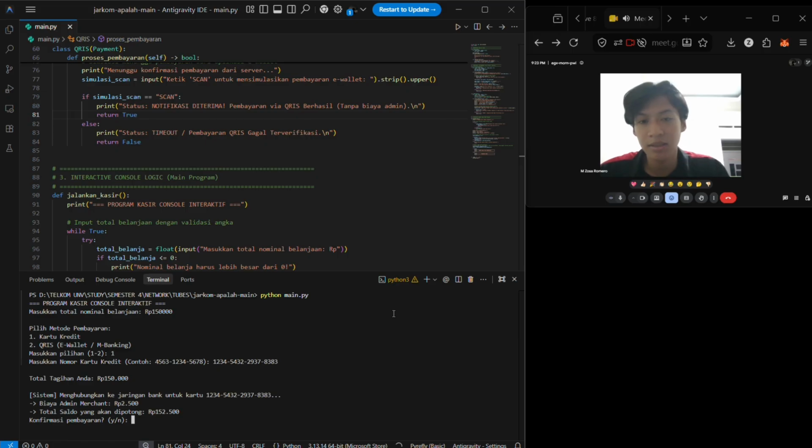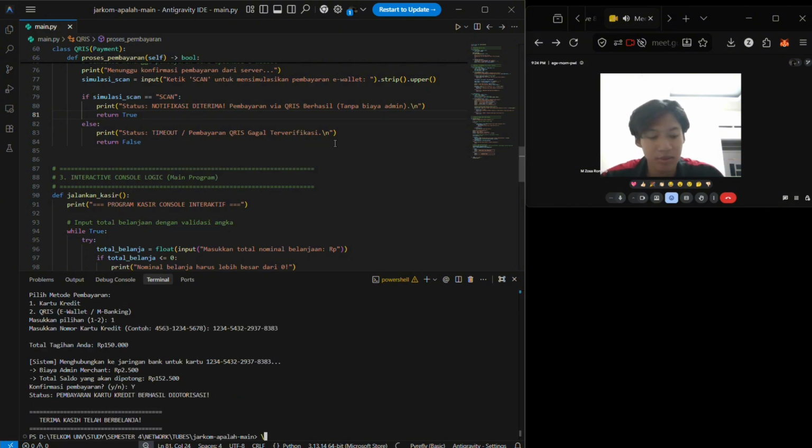Then the system validates the card number. Since the number is valid, it calculates an administrative fee of 2,500 rupiah and displays the total amount to be charged. I will enter Y to confirm the payment. The transaction is successfully authorized, and finally the application displays a thank you message indicating that payment has been completed successfully. And then for the second scenario,